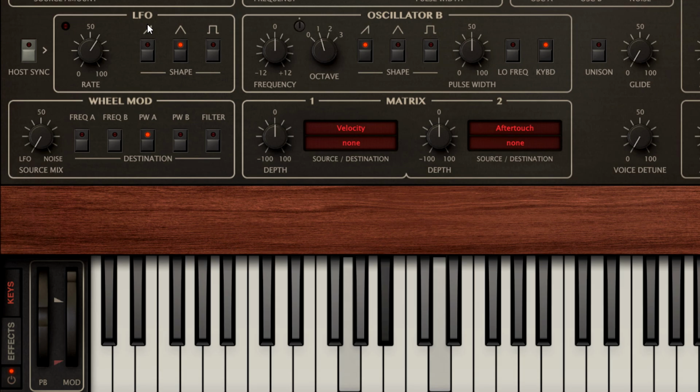If I turn up the source mix knob to the left, I can crossfade to random noise as a modulation source instead. This certainly doesn't sound cyclic anymore, but it's a very different effect. However, blending just a tiny bit of noise into the LFO signal can help to make the modulation sound a bit more organic and natural. It still sounds quite cyclic, however, so let's turn off this assignment